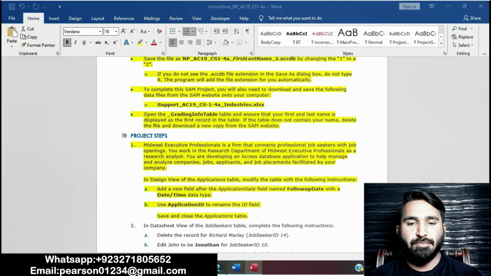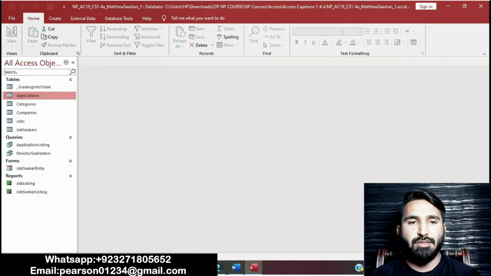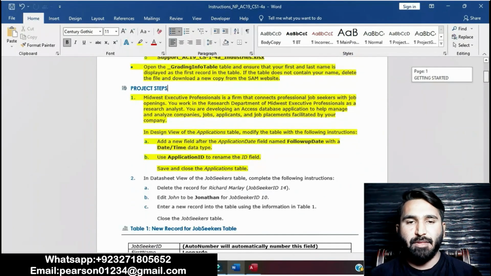It's done. Save and close the Applications table. Right click on it, save and close the Applications table. Done.